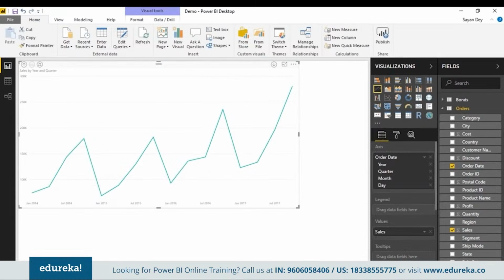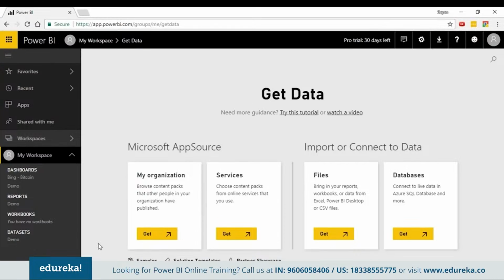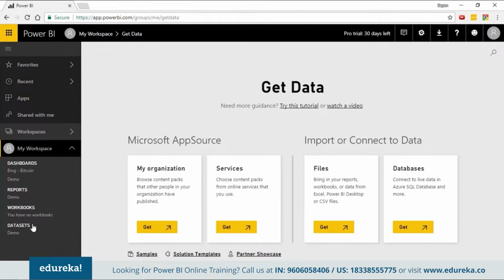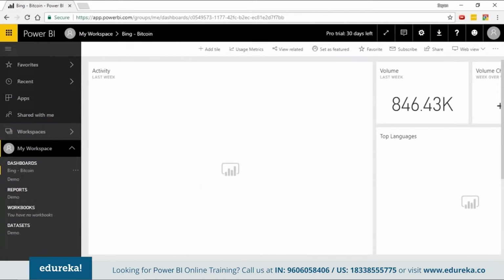Once you publish this stuff, then you come to the service. In the service, you basically have datasets, obviously the underlying model and data along with that, which you have exported out or published to the service. That's your datasets, the reports folder. From the reports, you build dashboards, those dashboards folder. You also have a component called workbooks, which you can mention. And in dashboards, you further have what we call tiles. These are called tiles in a dashboard. As you can see, these are all tiles.